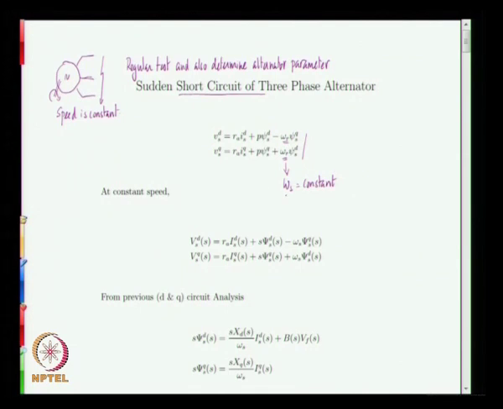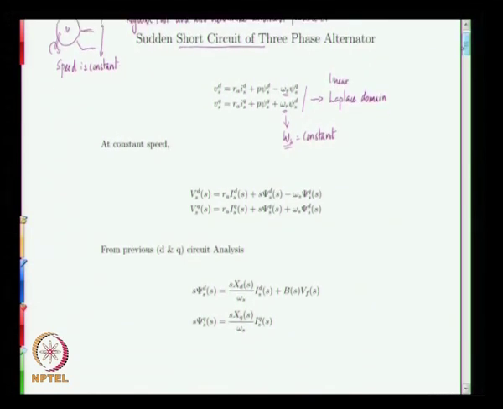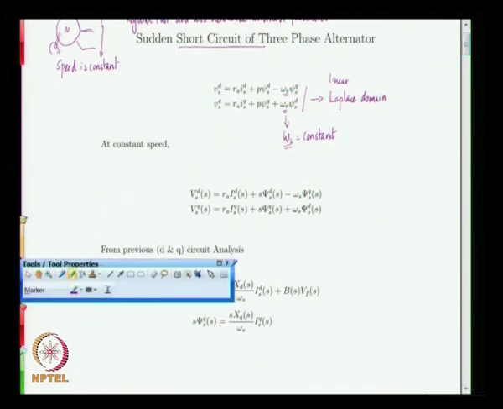So, since we are replacing it by a fixed number, we can transform these equations into the Laplace domain, because by representing omega r as a fixed number omega s, this system now becomes a linear system. You no longer have omega r, which is a function of time, multiplied by flux linkage, which is also a function of time, and therefore the system becomes non-linear, but now replacing it by omega s makes it a linear system. And when we do that and change it to Laplace transforms, what we have is Vd